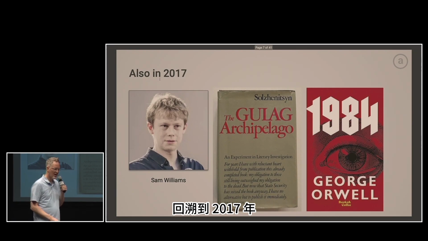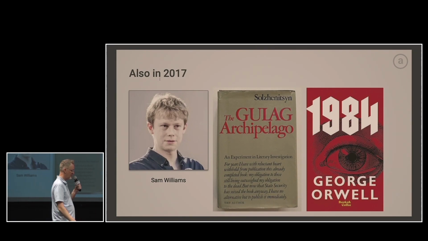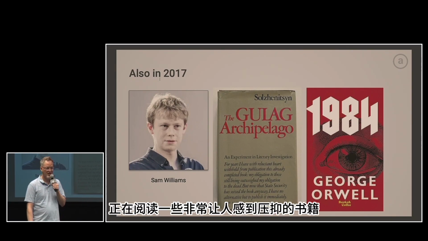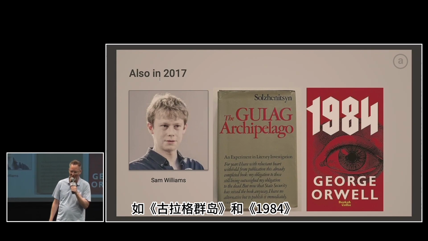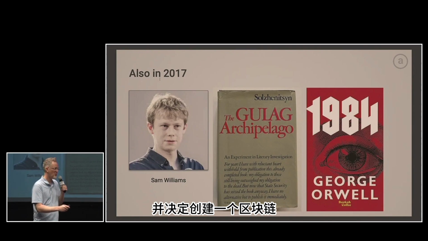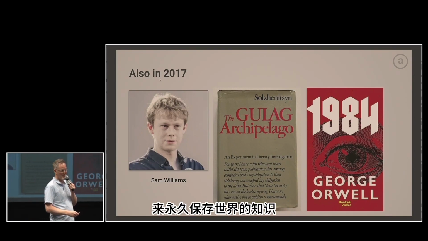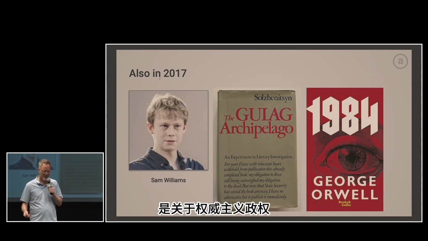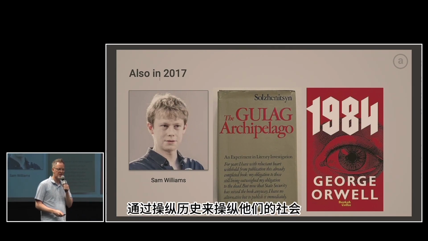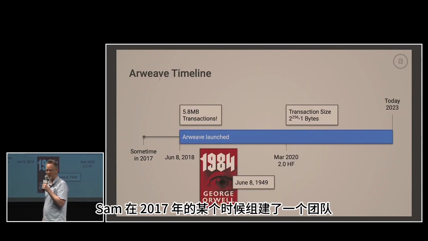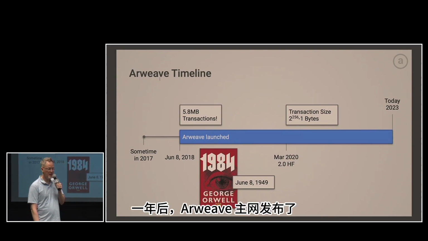But going back to 2017, a PhD student by the name of Sam Williams is reading some very depressing books, like Gulag Archipelago and 1984, and he works himself up into a frenzy and decides to create a blockchain to permanently preserve the world's knowledge. He was reading these books about how authoritarian regimes manipulate their society by manipulating history. And so Sam put together a team sometime in 2017, and a year later,